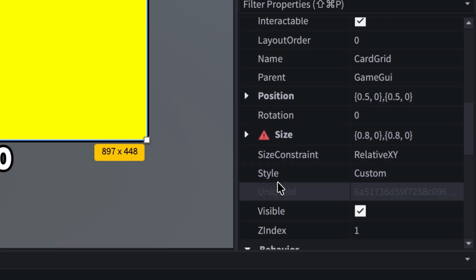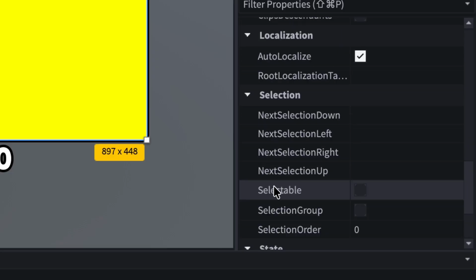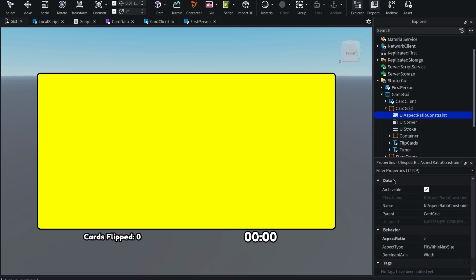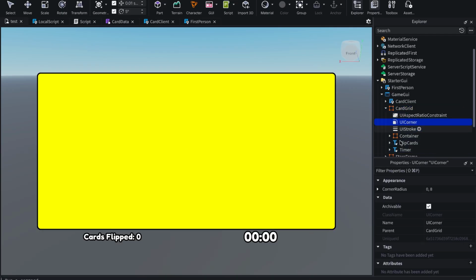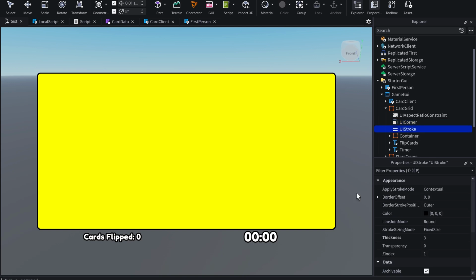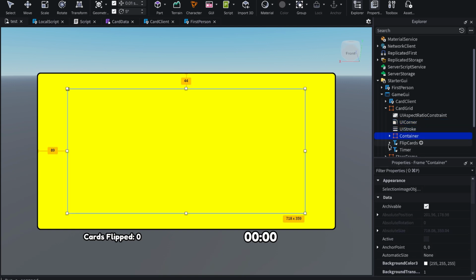Alright, I'll just show you the stuff. And then I added a UI aspect ratio constraint. Make sure it's a perfect amount, I just made it 2. We got a UI corner, I got a UI stroke. Then we got the container, which will have all the cards here. So right now I have the card template. I'll be showing you the card template, but right now